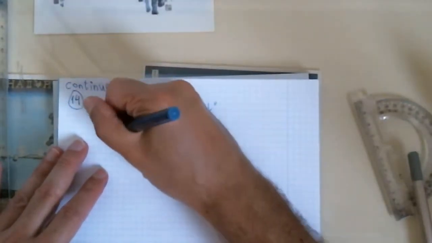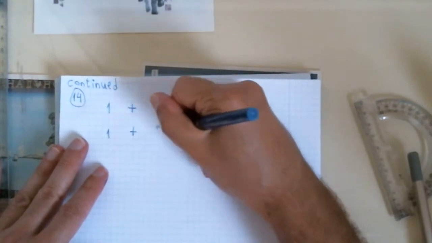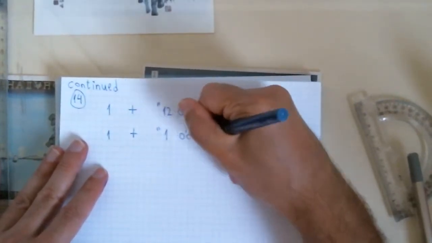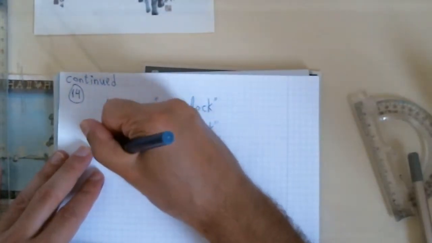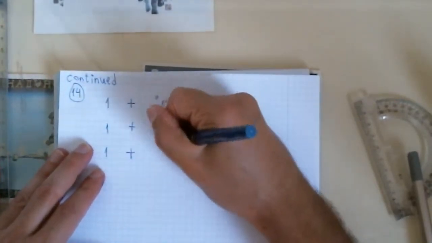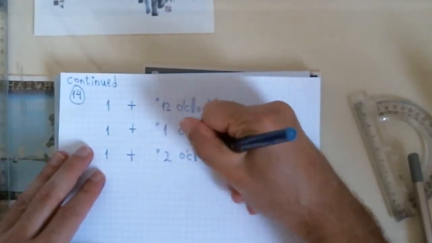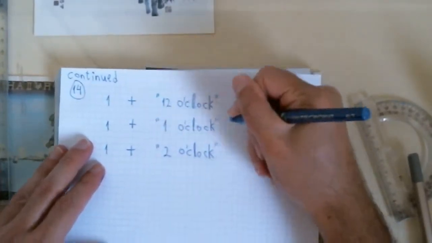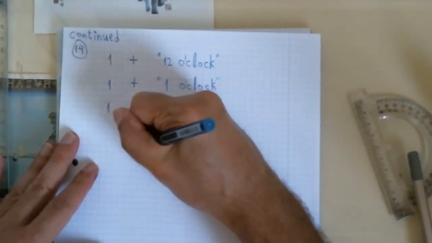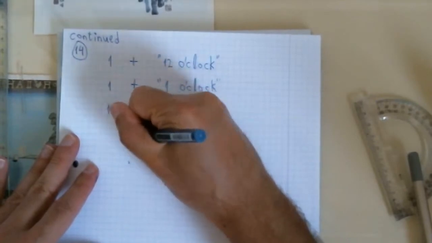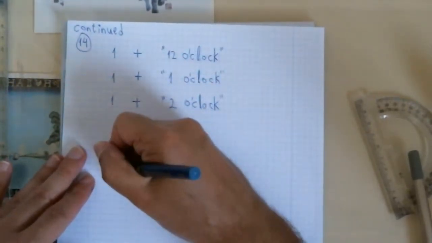And we have 1 plus 1 o'clock. And we have 1 plus 2 o'clock. And so on, dot, dot, dot, until we reach 1 plus,